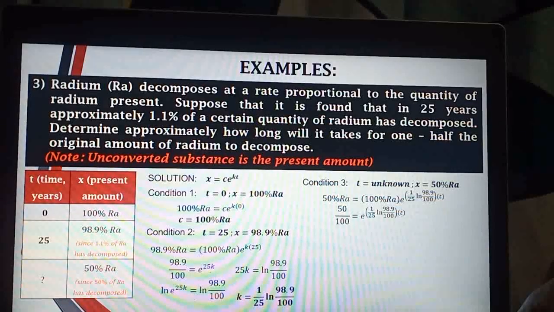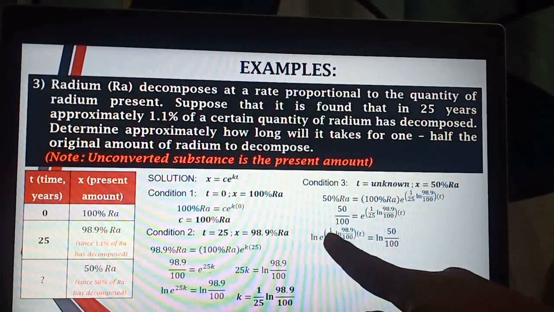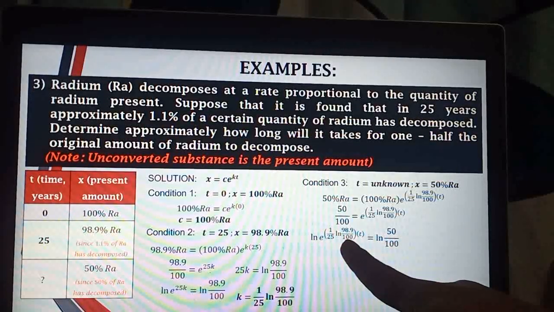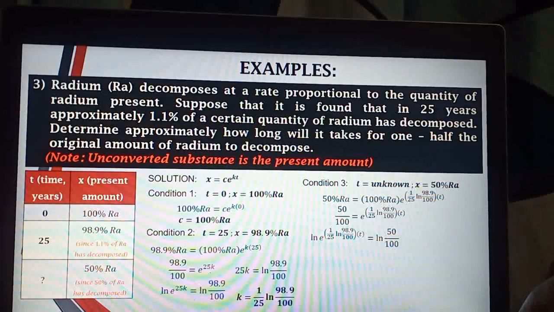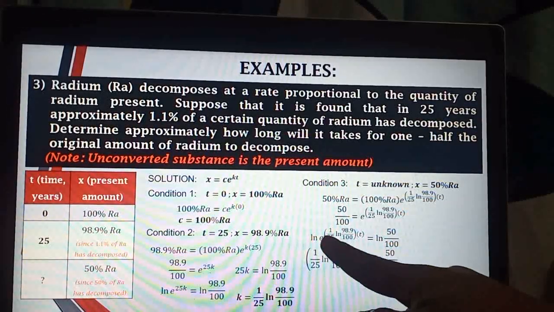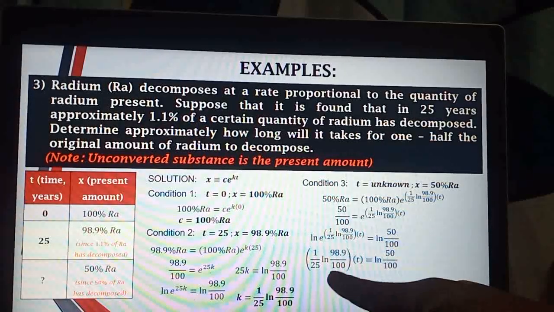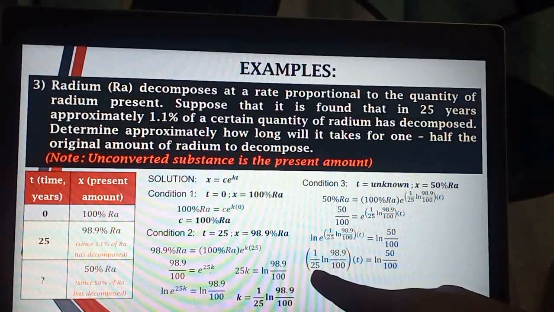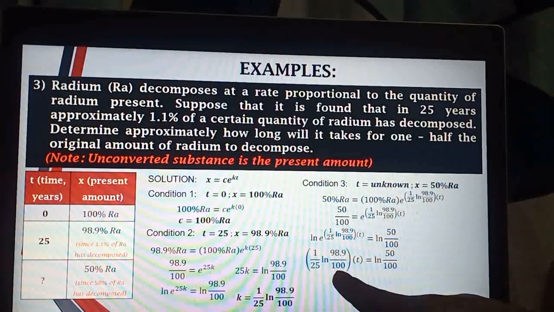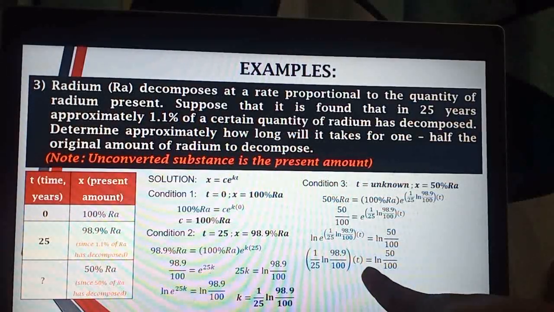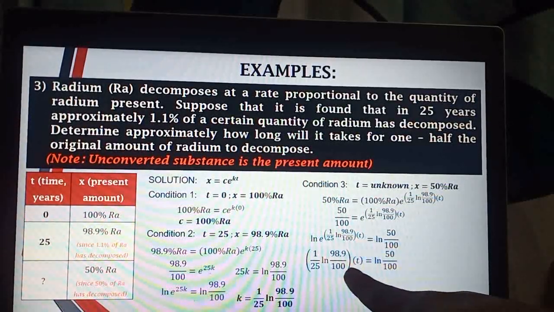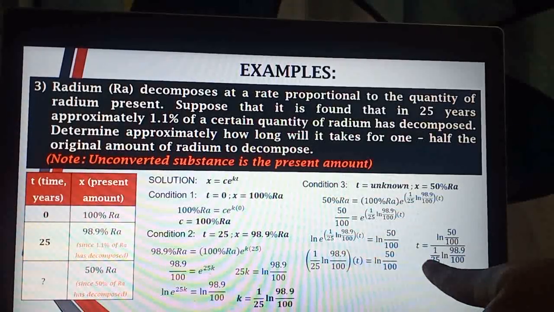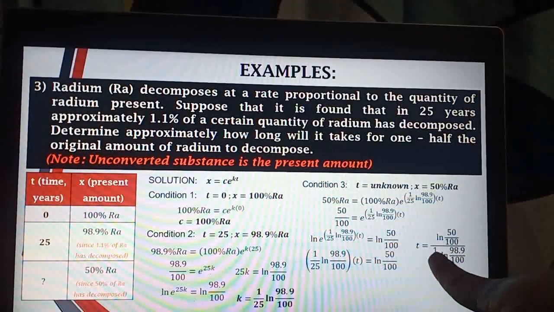Taking again the ln of both sides, you will have ln of e raised to 1 over 25 ln of 98.9 over 100 multiplied to t equated to ln of 50 over 100. So you will have this exponent, yun na lang yung matitira. So you have 1 over 25 ln of 98.9 over 100 multiplied to t. Equated ngayon siya kay ln of 50 over 100. Now, to find the value of t, you have to divide the whole equation dun sa coefficient ni t. So you will now have t equals ln of 50 over 100 all over 1 over 25 ln of 98.9